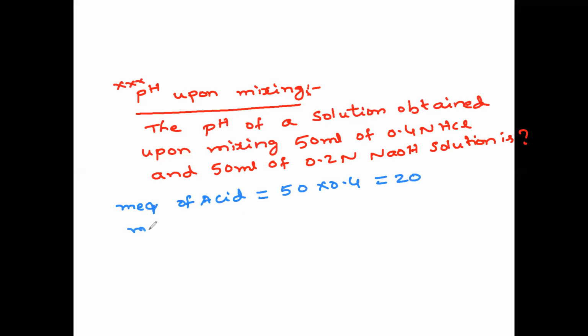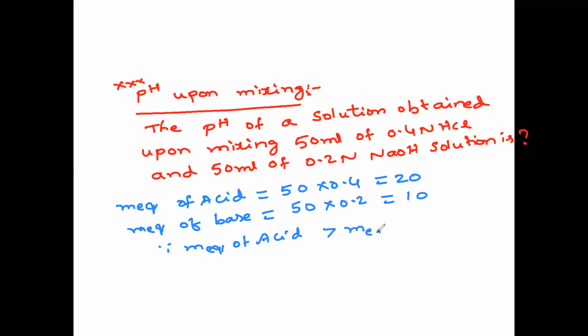Similarly, the milli equivalent of base is 50 into 0.2, which is equal to 10. Since the milli equivalent of acid is greater than the milli equivalent of base,